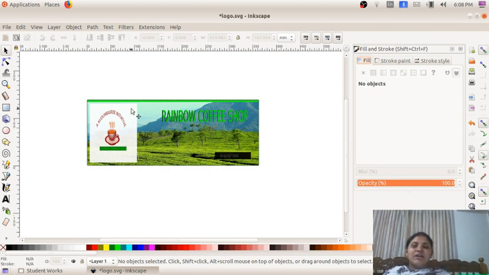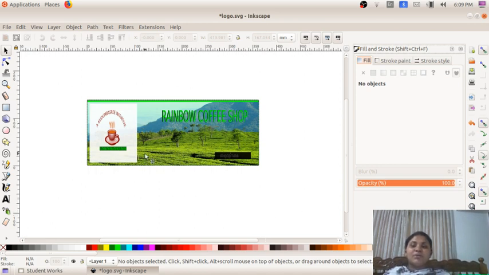Next, we have done the activity text on the curve. So for that, we draw a semicircle by changing the features of the circle. Instead of 0.0, we have given 180. So we got a semicircle drawn, and using the semicircle, we created a text known as Kudumbashree initiative, right?